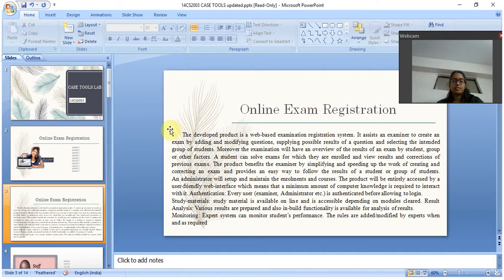The online exam registration is a developed product, a web-based examination registration system, and it assists an examiner to create an exam by adding and modifying questions, supplying possible results of a question and selecting the intended group of students. Moreover, the examiner will have an overview of the results of an exam by student group